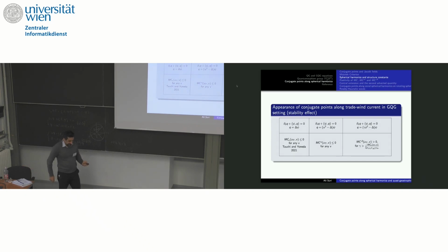So, can we find directions with conjugate points in this setting if we assume that this stream function is given by z squared, or trade wind? The answer is no. This criterion cannot detect any conjugate point. It's always negative. This was proved by Tauchi and Yoneda. What about this quasi-geostrophic setting in the absence of the Coriolis force? It's again no. But here,